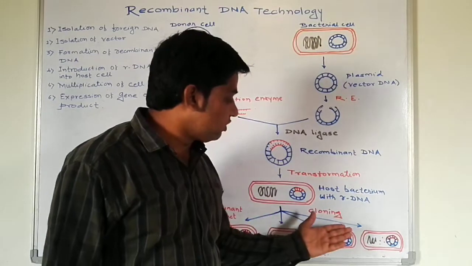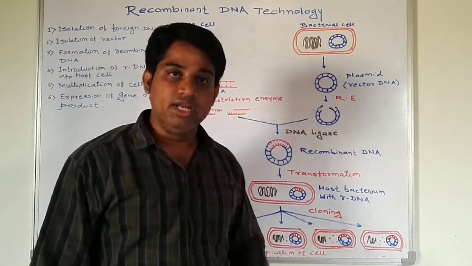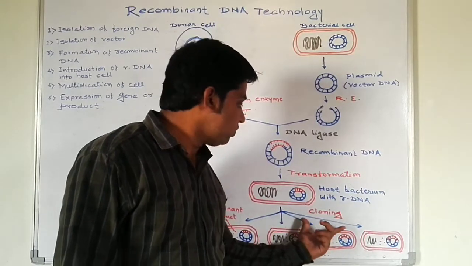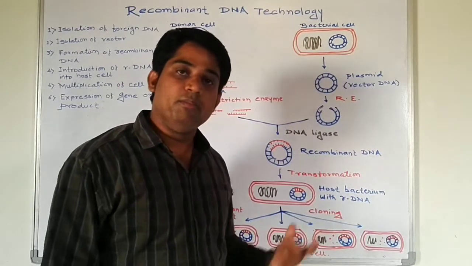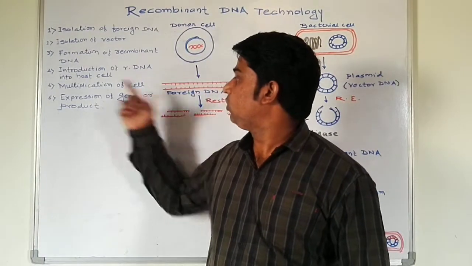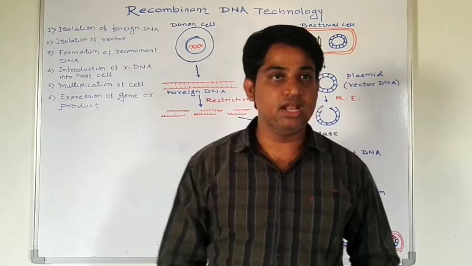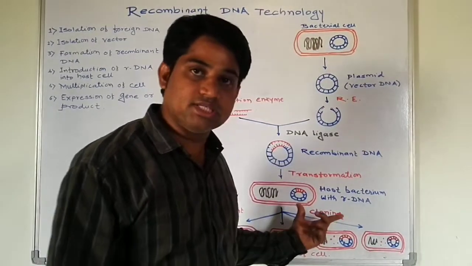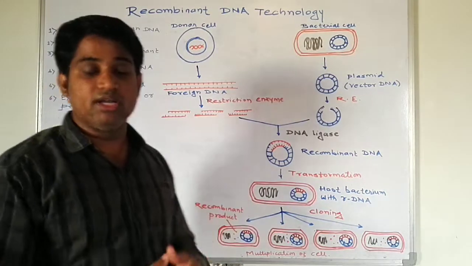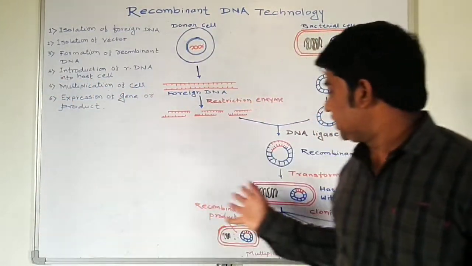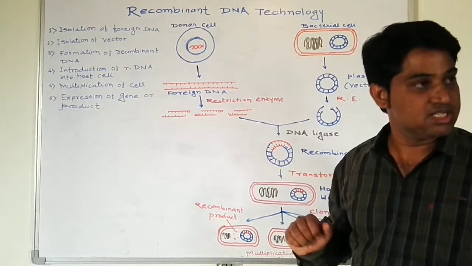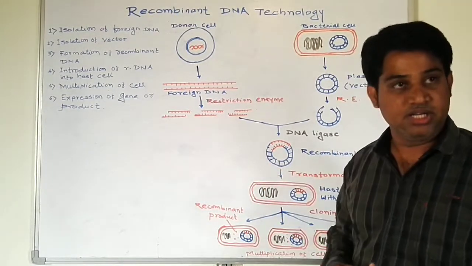Not all of this colony contains the recombinant DNA molecule, as sometimes the host cell does not carry it. For that purpose, we have to select the recombinant DNA molecule in the fifth step, multiplication of cells and selection of the copies. The selection of these copies is done by antibiotic resistance or hybridization techniques, and by using that technique we isolate the copies which contain the recombinant DNA.